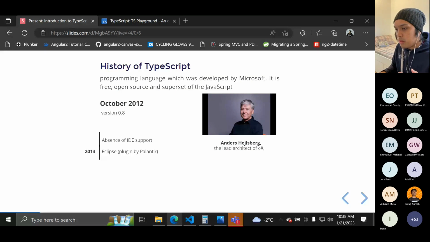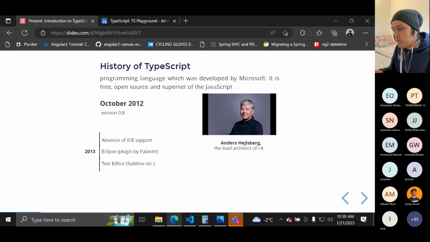And because of that problem, around 2013, a plugin was developed by Palantir, which is found in Eclipse. This is a plugin specifically for TypeScript.